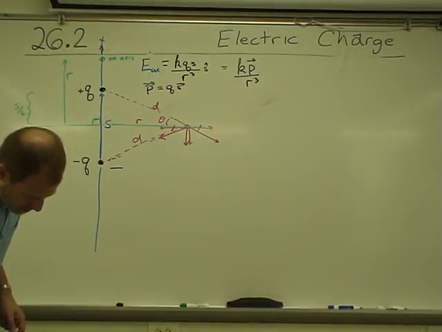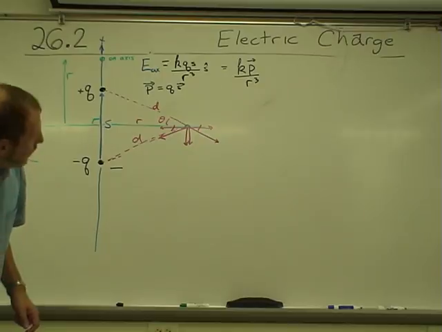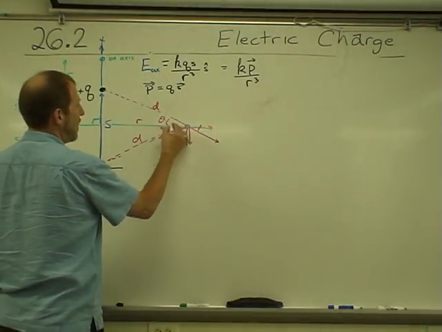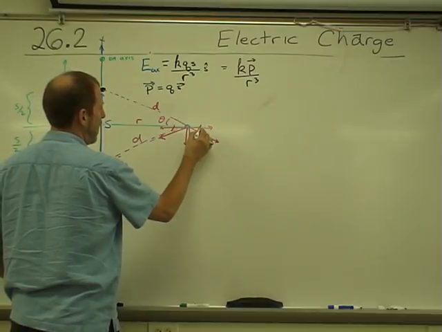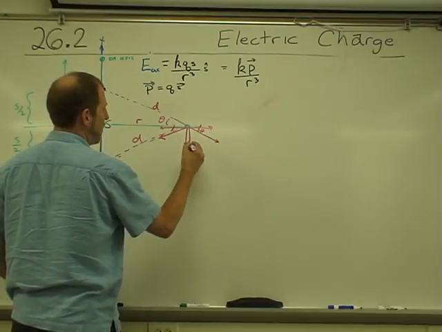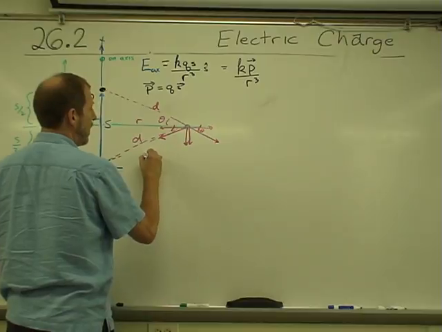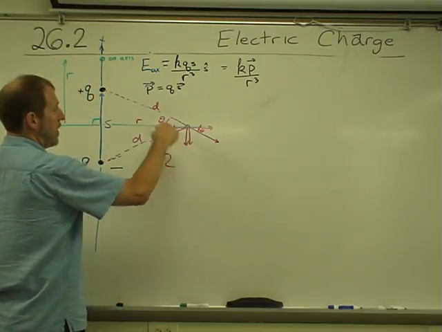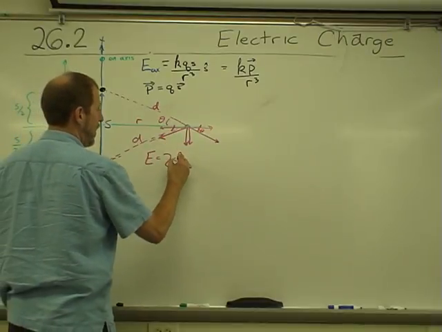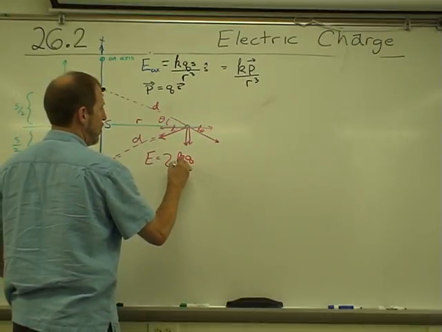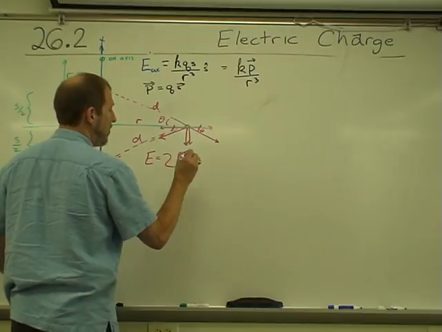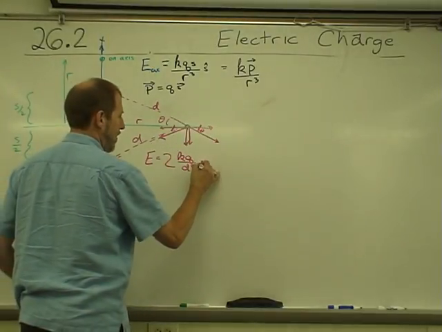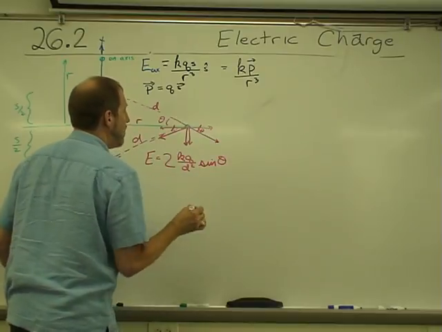So, if I call this angle theta, that angle's theta, this angle's theta, so it's the opposite side. The net electric field is 2, because I'm getting a contribution for each, kq over the distance squared times the sine of theta,